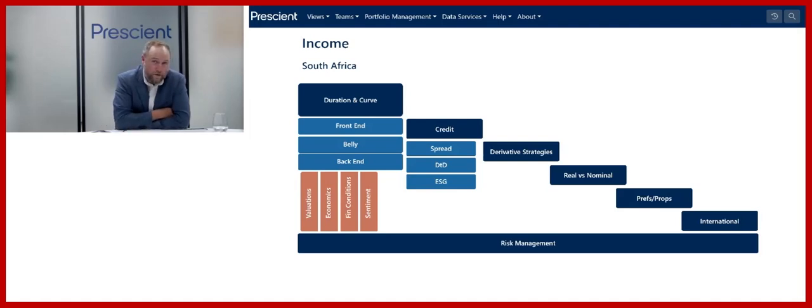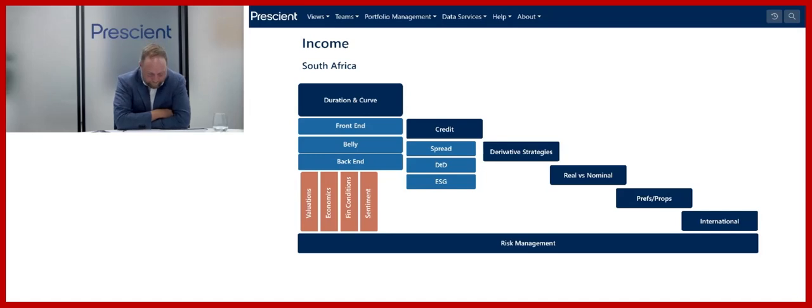Going down the spectrum, we can use derivatives. So derivatives are an interesting category in the income space. For us at Prescient, it's more a risk management tool. So we are able to find ourselves in some currency exposures. You can do bond optionality and swap and forward trades. But really, it's a very efficient way for us, when we're taking on duration in the portfolio, to hedge that out, or when there's currency exposure, to also think about positioning in the right manner for us.